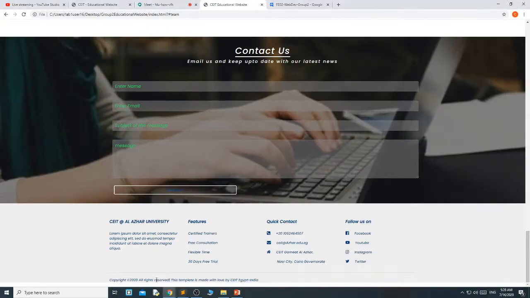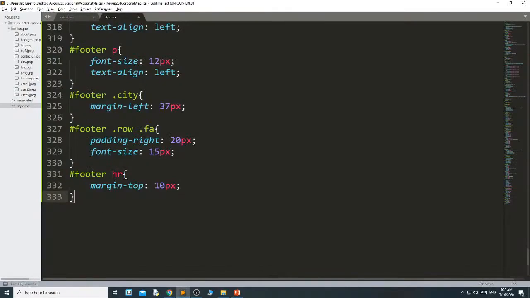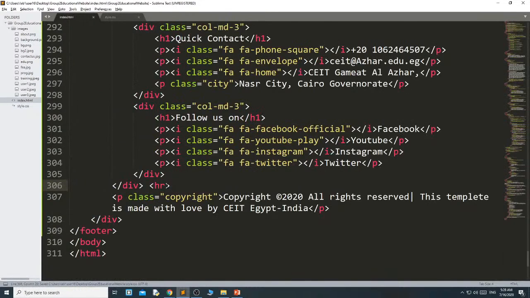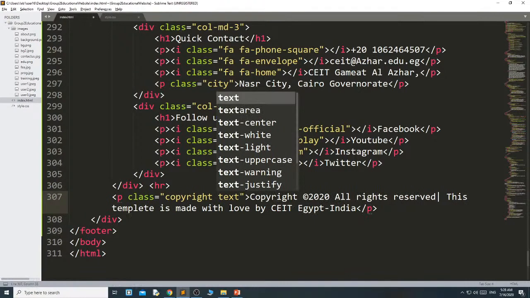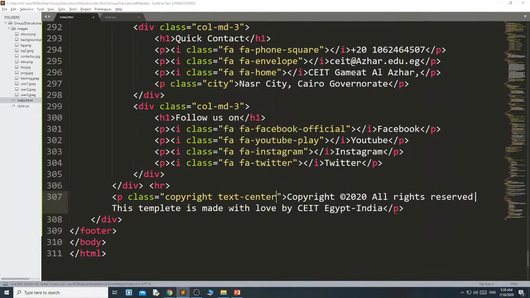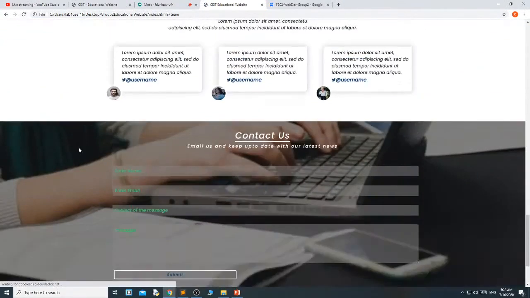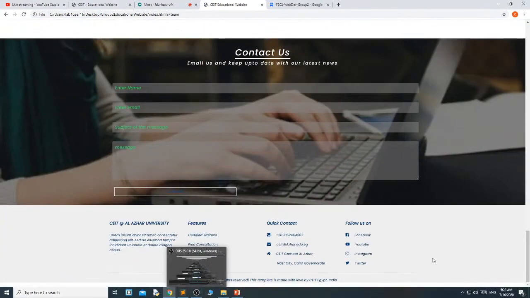Then last one, this copyright, I want to make it center. Then you can also do that from the HTML itself. You can write a text center, it becomes the text center. Like here you can write text center. Okay, it becomes text center. But see, I want some space between the border of the page and this copyright.